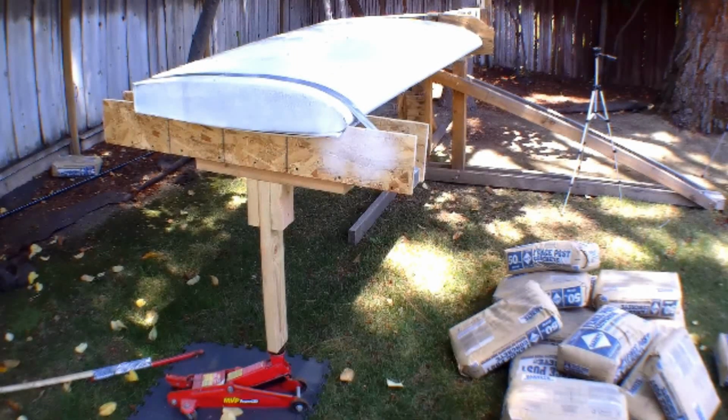Here you see some of the most critical components of this test setup. There is a hydraulic floor jack, normally used for automotive work. There's a T-shaped support post, and then there's a cradle that the wing sits in. The cradle transfers the loads over a broad area between the wing and that post that goes down to the jack. So the concept here is that the jack supports the wing while we put the load on the wing,